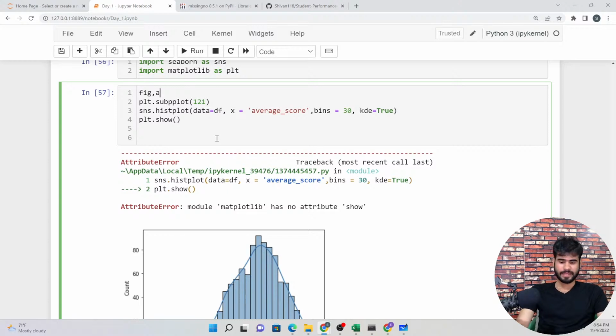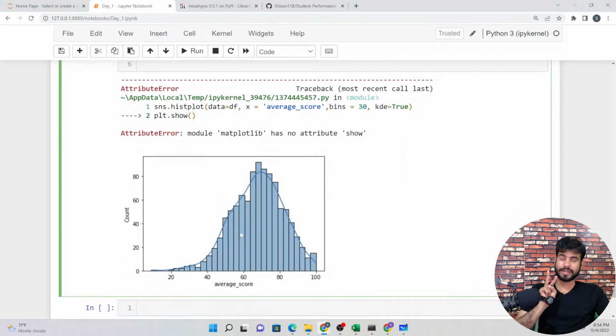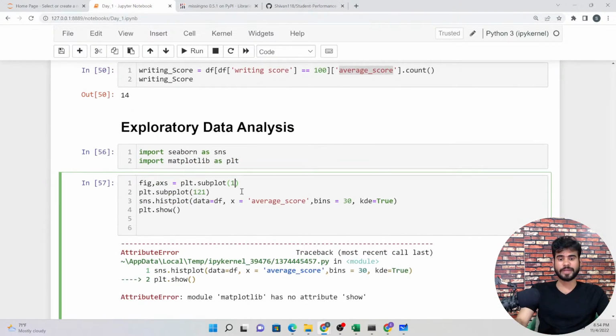For that we define fig, axis equal to plt.subplots with one row and two columns, meaning two graphs in one row, one here and the second one here.